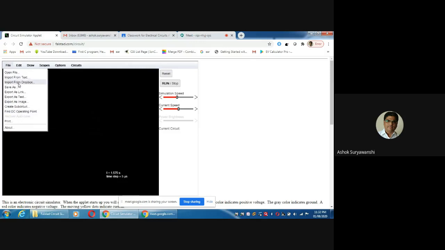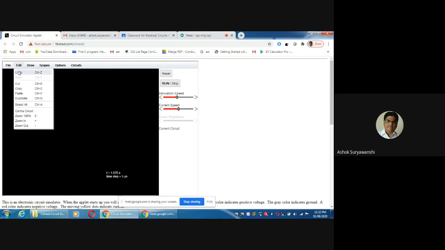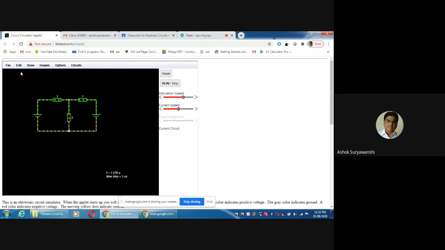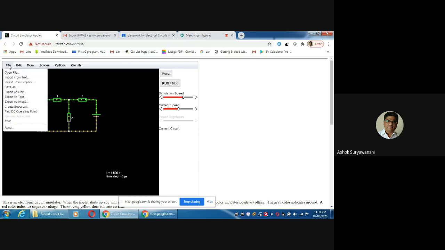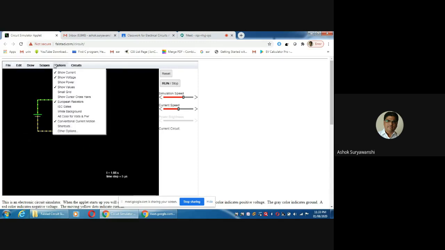I think there is some problem with this particular export text, so we'll have to go back with undo. Yeah. Now, if I want to insert text, I think this is not the correct option, so we'll have to go for some other option.